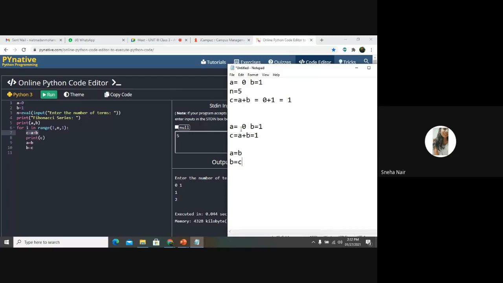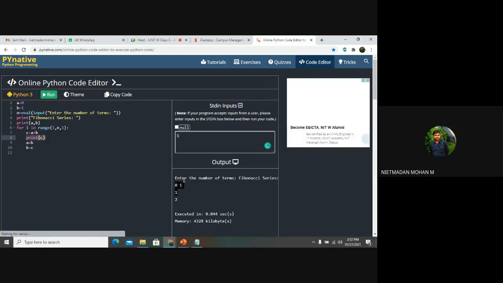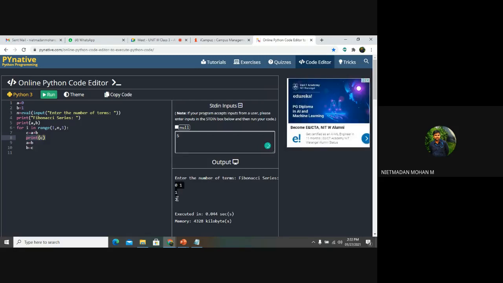Sir, because we can add the next number by shifting the first value to the second value. Yes. So what the thing is, we want to add the previous 2 numbers. So here, once this print function has been printed, what will happen? These 3 lines have been printed. So it means that 0 will represent A and B will represent B, 1 will represent B and C will represent 1. So for getting these 2, this 1 is to be represented as A and this 1 is to be represented as B.